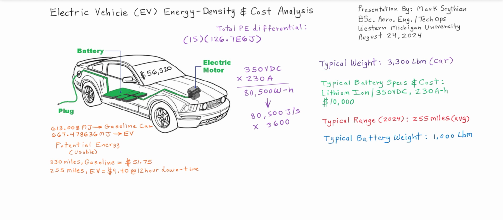80,500 watt hours. So we have the DC electrical power is equal to volts times amps. So this 80,500, now the volts times the amps in DC circuits becomes watts. And that is watts as in 80,500 watts for 1 full hour. That is the potentiality of that battery. Then we have to isolate or separate the watts, or joules per second, from the time with respect to seconds. So it splits into 80,500 joules per second times 3,600 seconds to an hour. So we get 289.8 megajoules